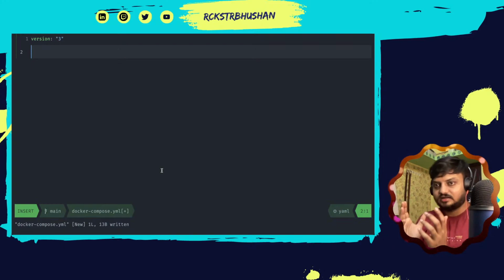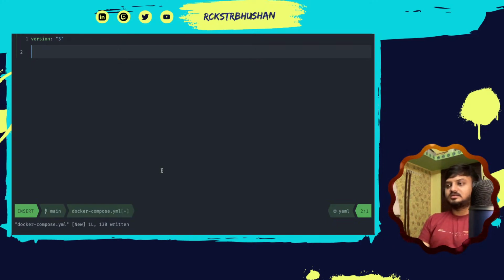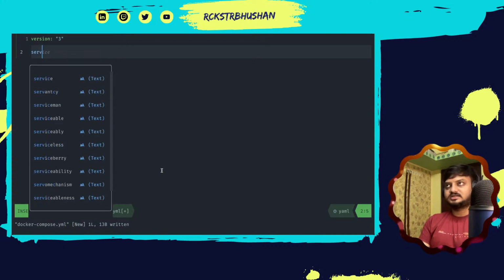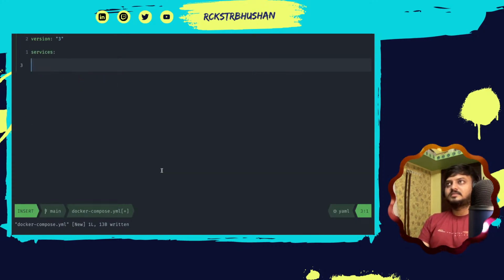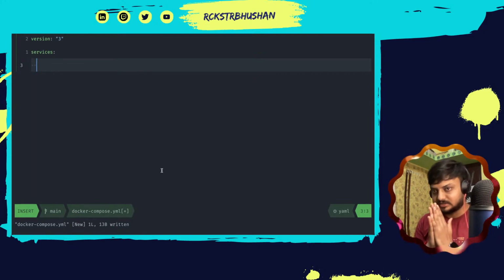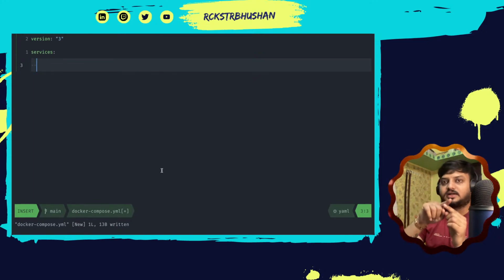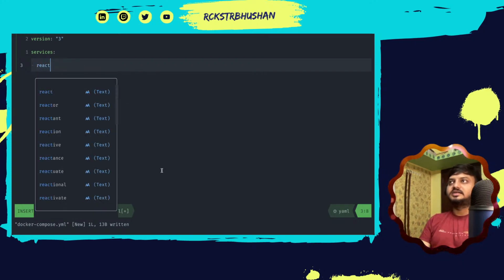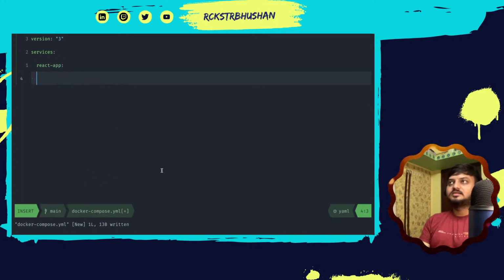So each container is called a different service, right? So we'll create a services section, and after that I'll put one tab, right? Spacing matters here. Whenever I do a tab, it is putting two spaces there. Now let's call this service React, right? So we'll call it again. Whenever I put a tab, so